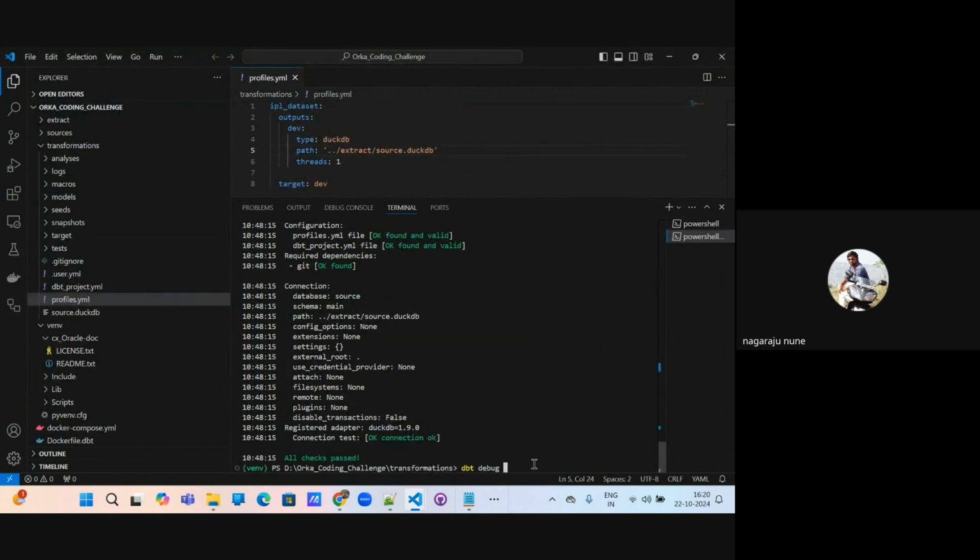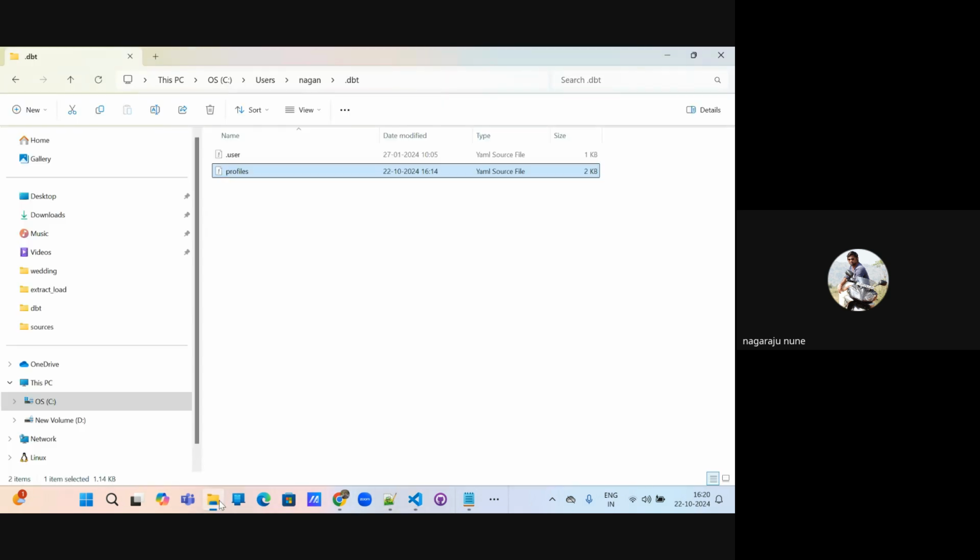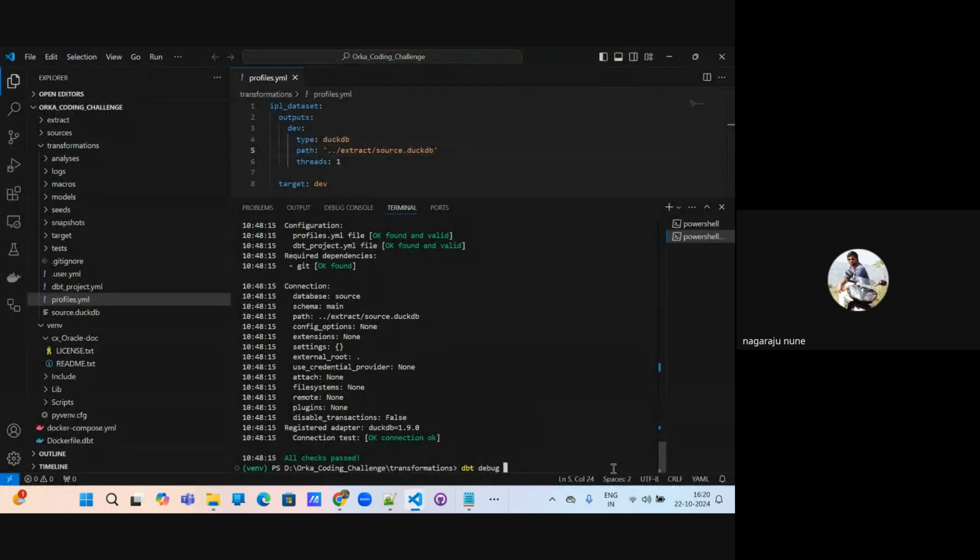you have to mention clearly to DBT, because initially when you start, since I have run this already, it automatically detected that profiles is here. But for DBT, what happens is it will fail to detect the profiles file. If you create it here, it will not detect it from here. It will try to fetch from the .dbt folder under the C folder. Under the C folder, there will be another profiles file. It will try to fetch from there. So you have to clearly give a flag called profiles directory,